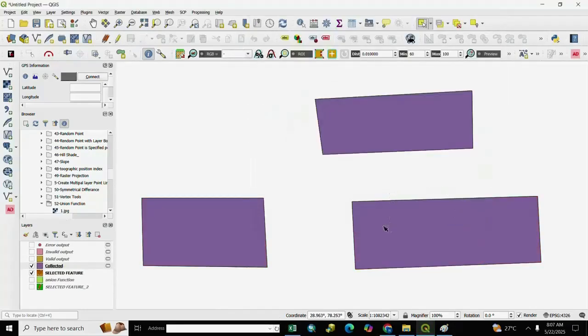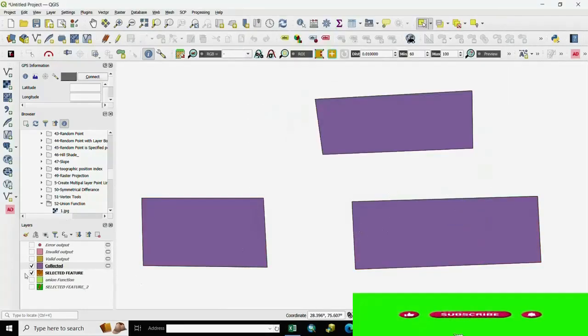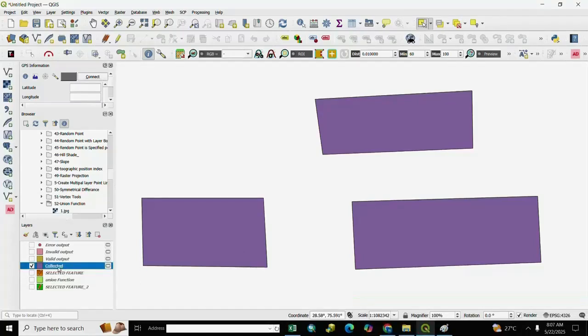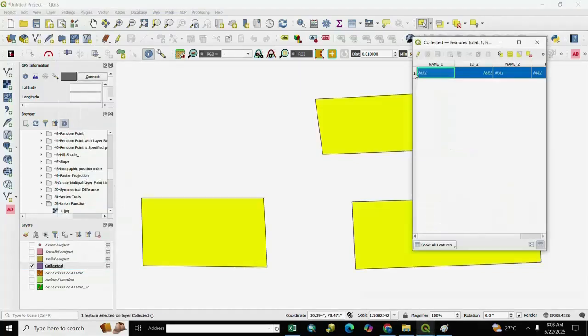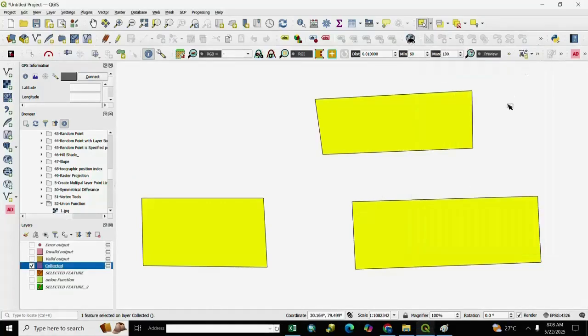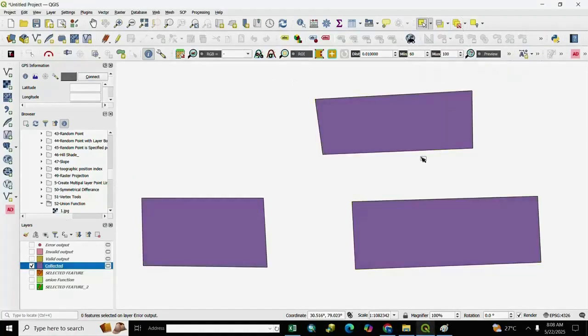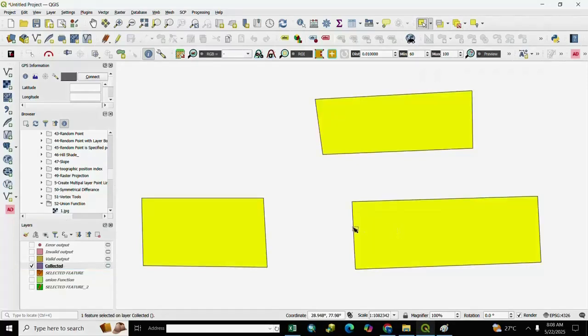You see here the output of collecting geometry. You see here is the result, collected feature, and we right click and open attribute table. You see here only one layer, and you select one, so you select all features. You unselect it and you select it.